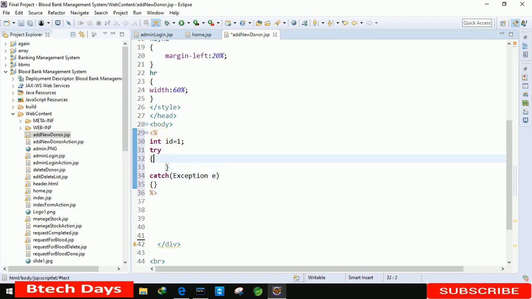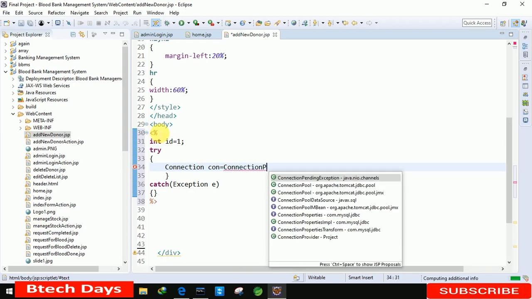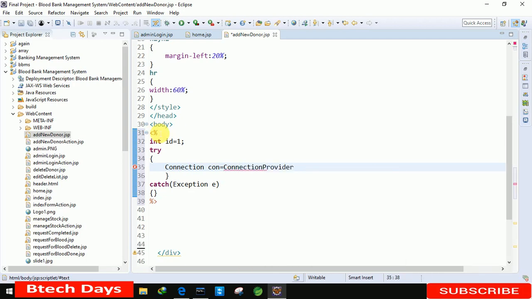In try section we are creating the connection, con equals to ConnectionProvider class, dot getCon method in it.